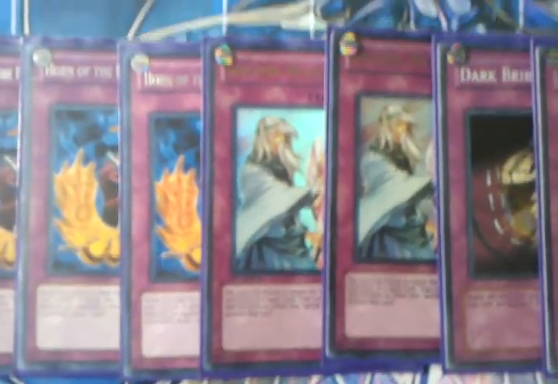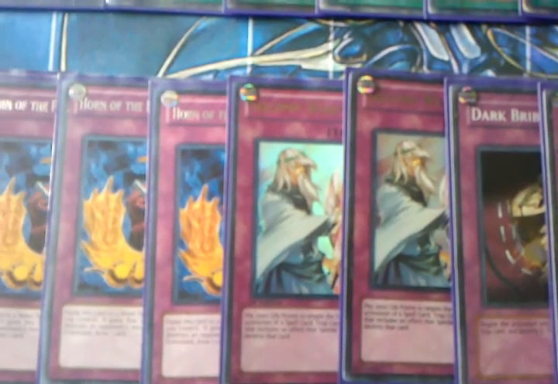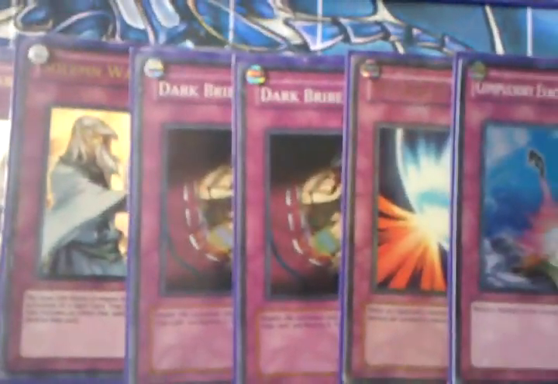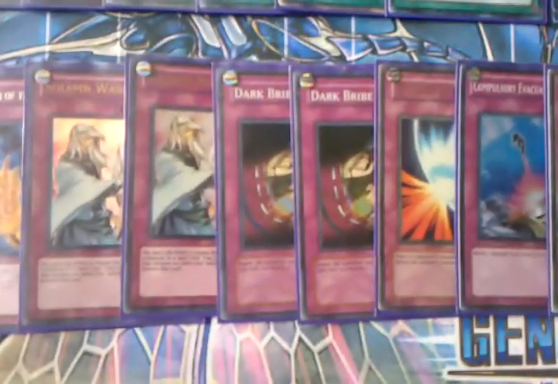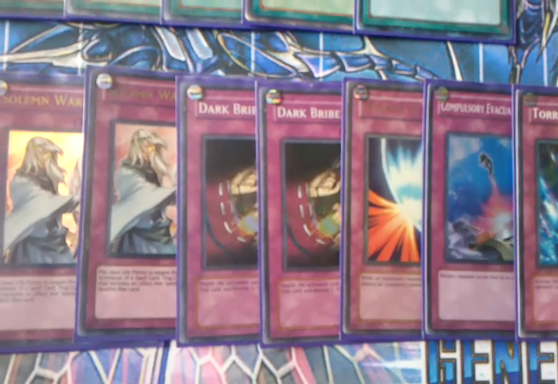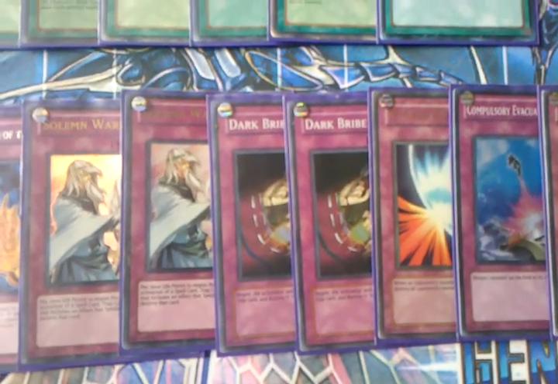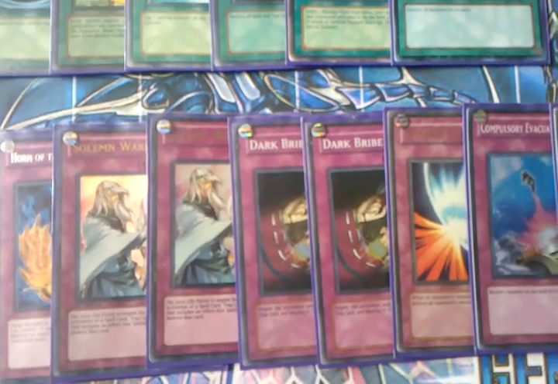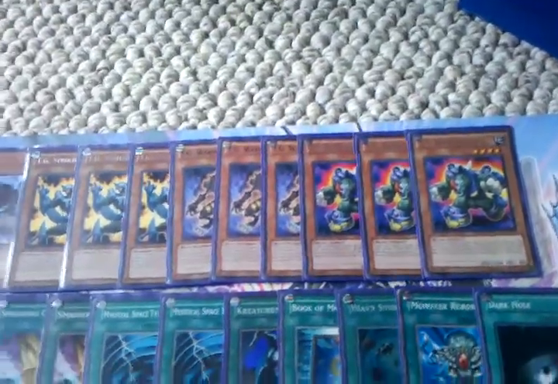2 Warning. This is pretty much staple. People think it's going to be bad because MST's at 3 and Heavy Storm's back, but the card's still amazing, guys. 2 Dark Bribe this to protect all the traps I play, because I play a lot of traps. Also stops the warnings, which are nice to get out your Tengus, or get your floaters going, or drop Trish,